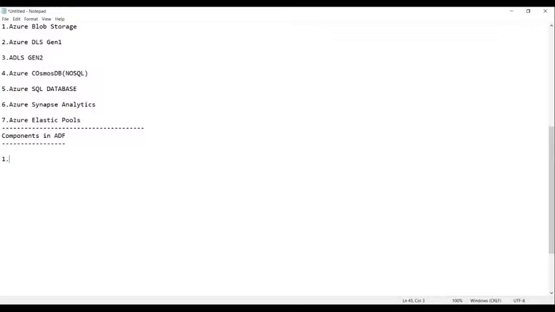The first one is called pipeline. This is the full name of this; we can also call it data pipeline. The second one is called linked services. The third one is called datasets. Pipeline, linked service, and datasets. And the next one we have is